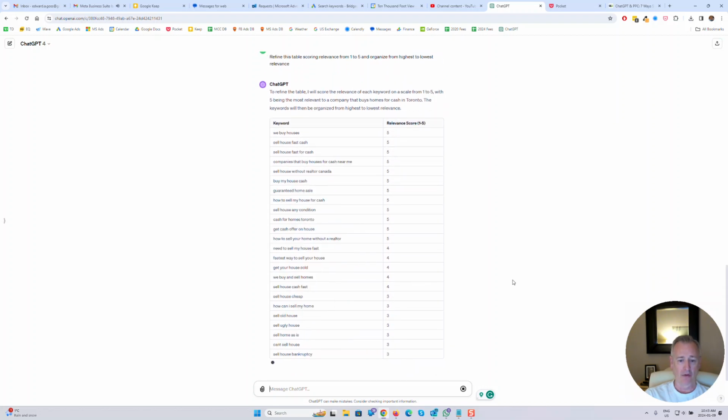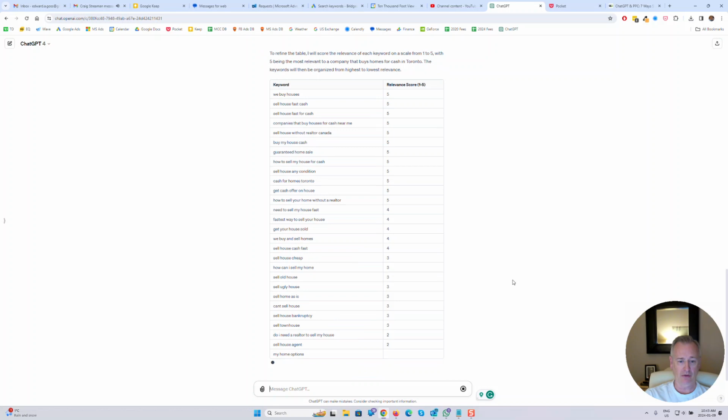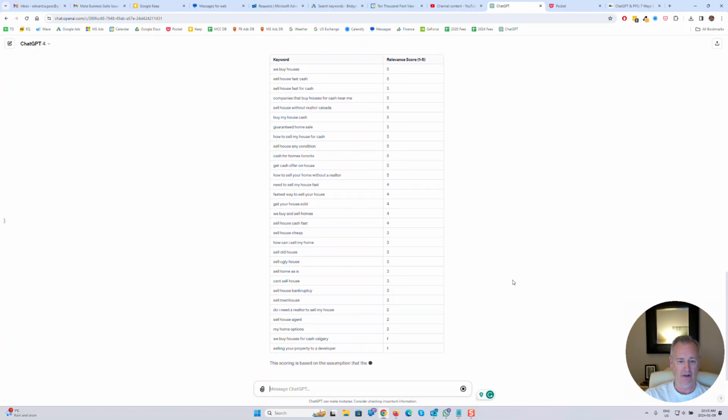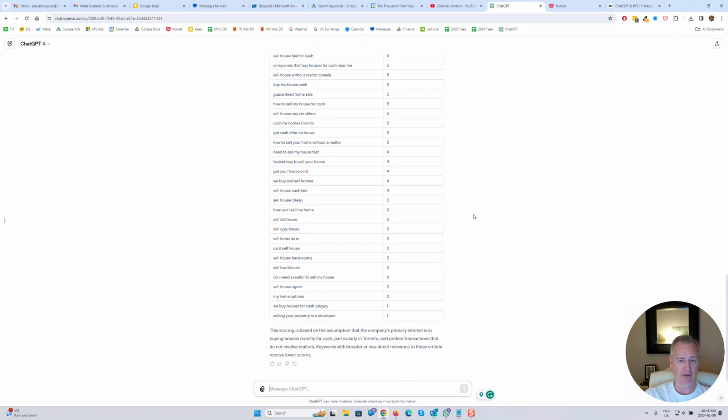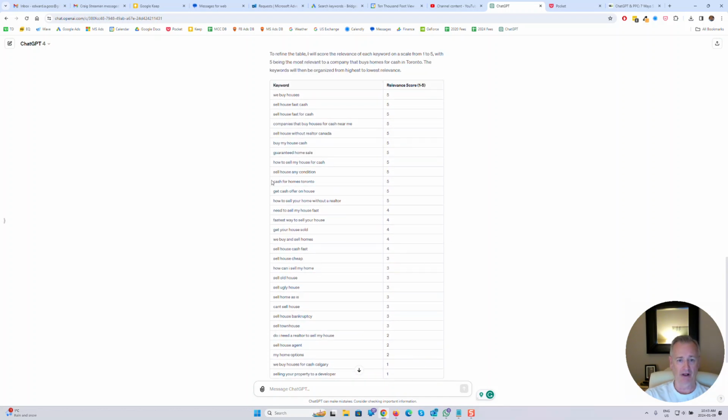Okay. So one thing I've noticed that's interesting here, well, I guess Toronto scored 5, so that's okay. I would think a word with Toronto in it would score much higher than some of these others. So there's no accounting for taste, but the main thing is here, ChatGPT has organized these for me,